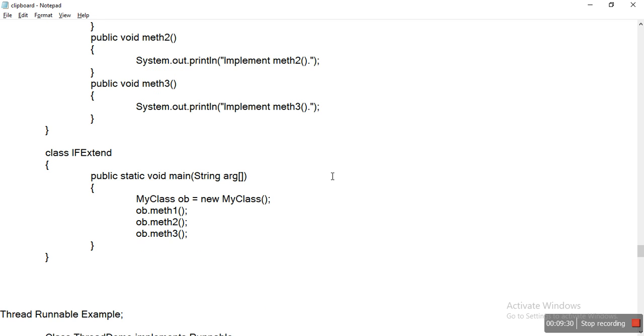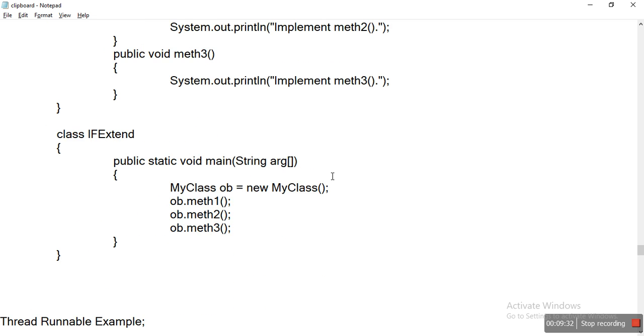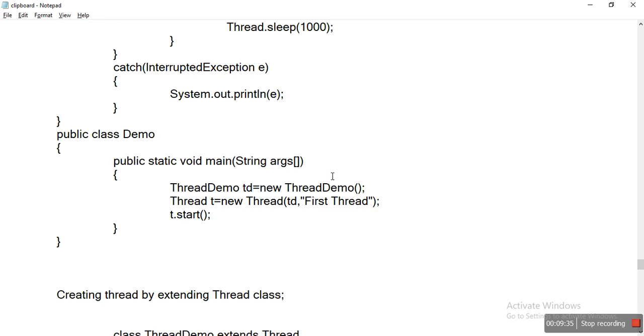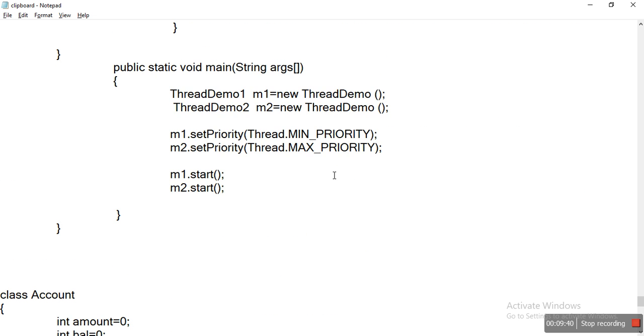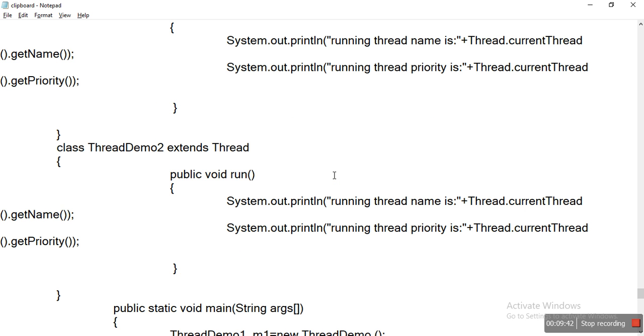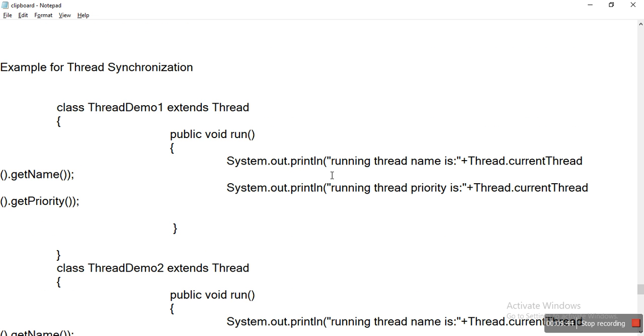Within this example, thread priority, we declared a class called ThreadDemo1 which extends the Thread class. Next we overrode the void run method.